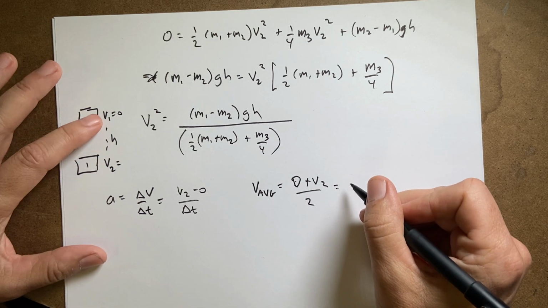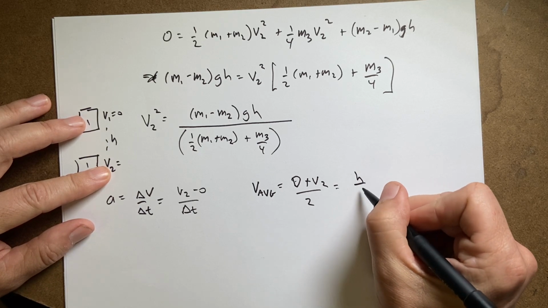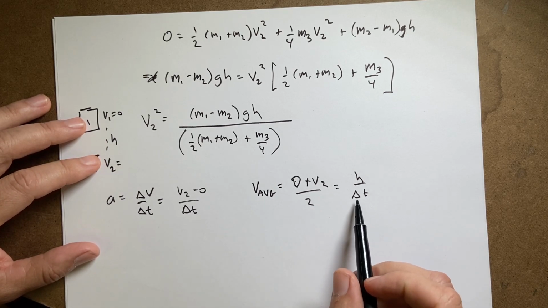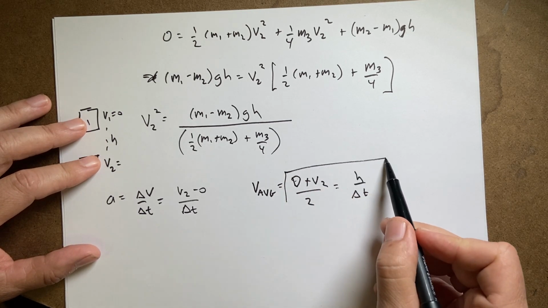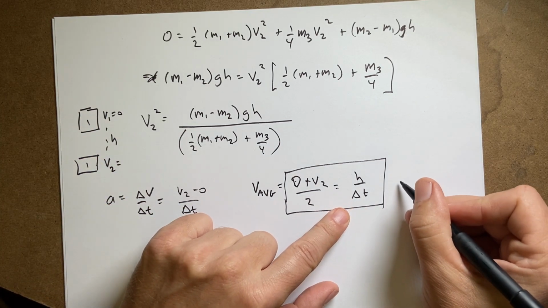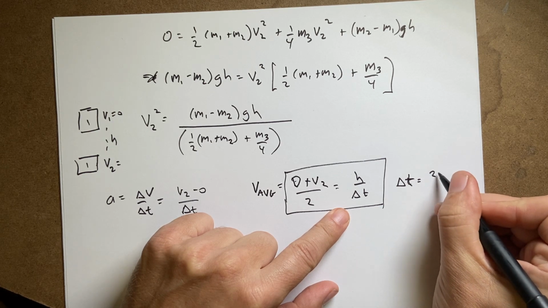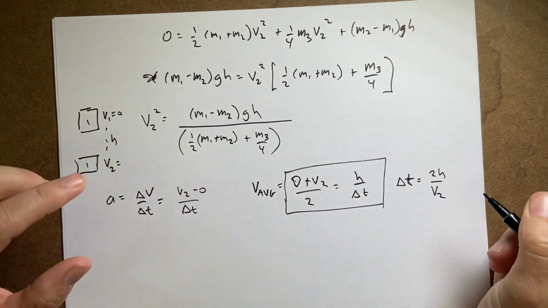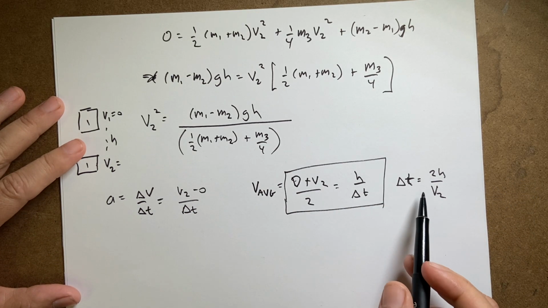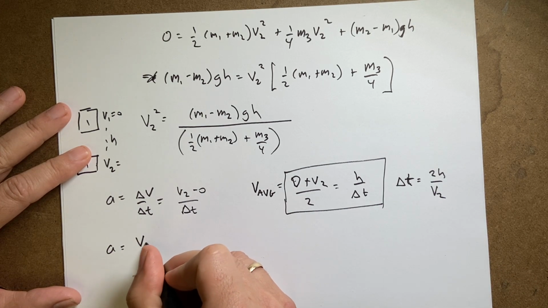And that's also going to be the displacement, delta y over delta t, so h over delta t. That's the other definition of average velocity. So I can solve this for delta t. Let's multiply both sides by delta t, and I get delta t equals 2h over v2. Is that right? Yeah. And now I can plug that in over here, and I get a equals v2 over